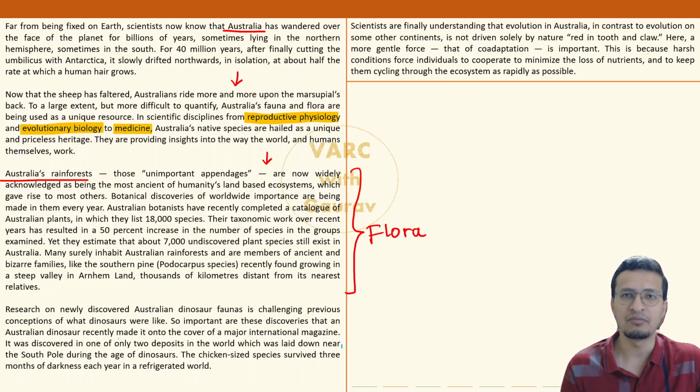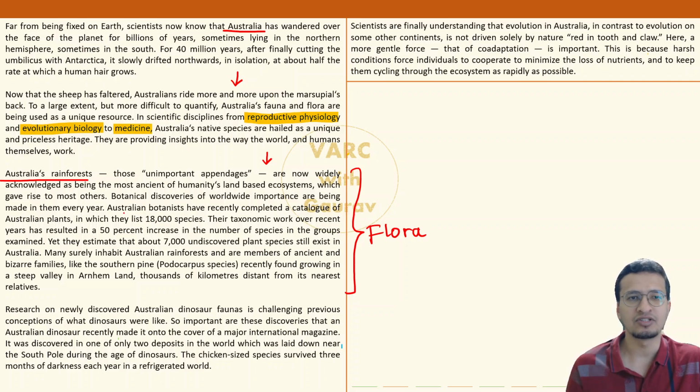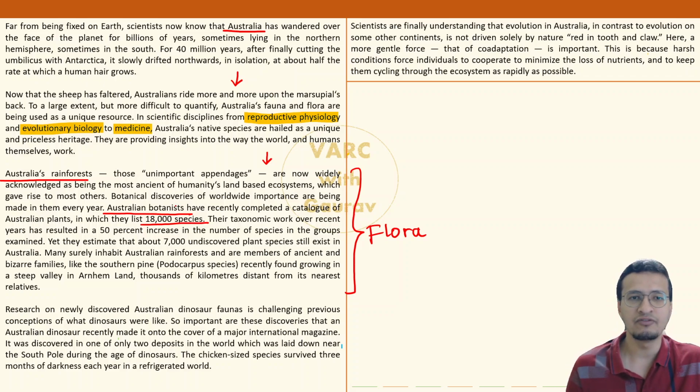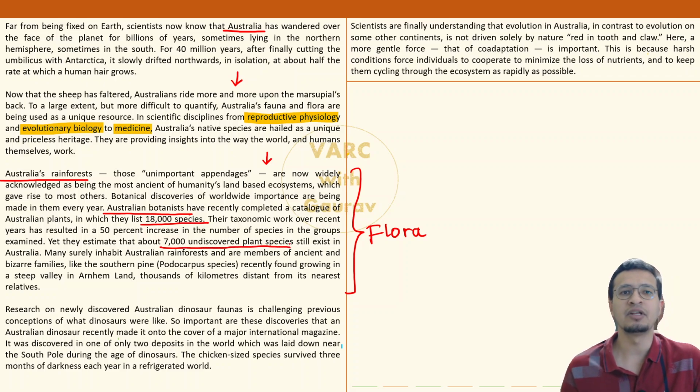Coming to the discoveries, the number of species present. Till date, Australian botanists have discovered and listed 18,000 species, and this is just plants, animals are nowhere in this count, which is a huge number, huge variety. But even if this were not enough, these experts say that almost 7,000 plant species remain undiscovered till date. If they keep continuing the research, as the days pass we might end up discovering as many as 7,000 new species, which is a mind-boggling number. All right, fair enough.